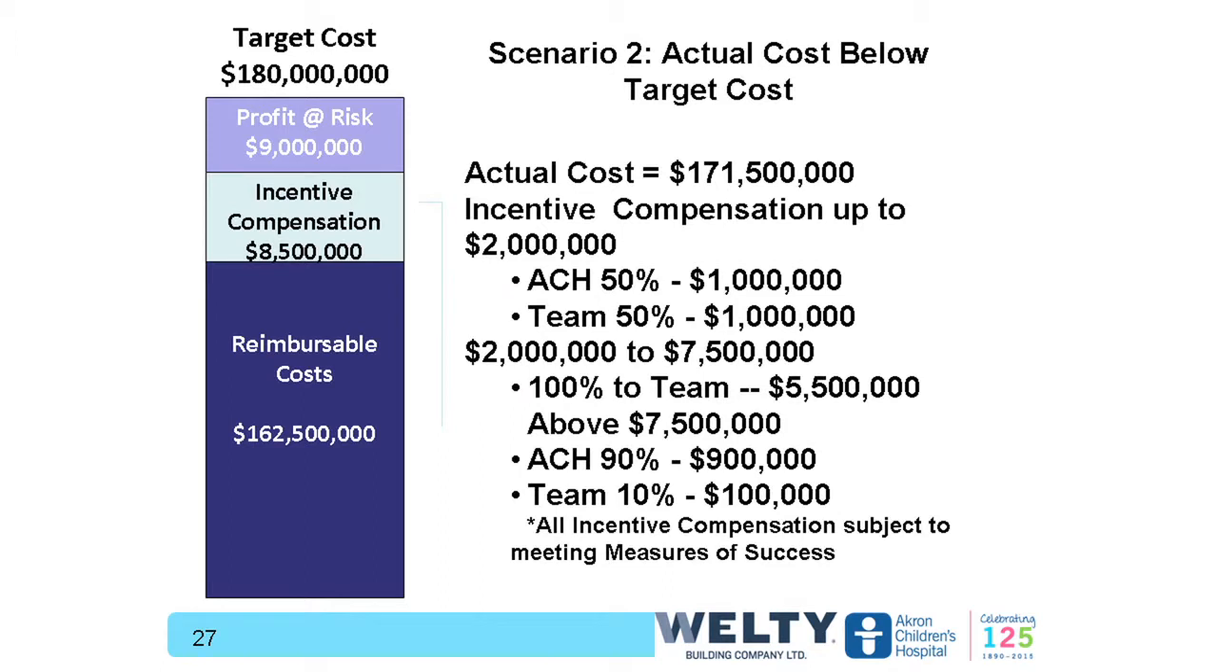In the second scenario, where the actual costs are below target, you see that now the hospital and the team each split $1 million. We split the first $2 million, so we each get $1 million. The next $5,500,000 all goes to the team, and then anything above that $7.5 million gets split 90% to the hospital, 10%